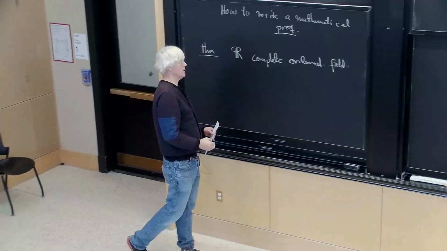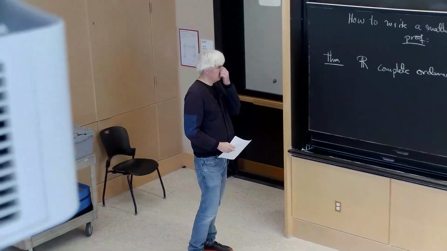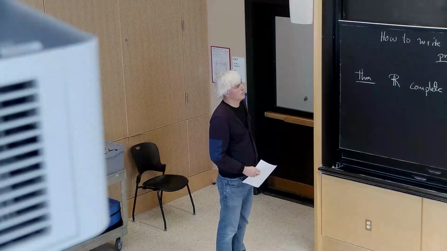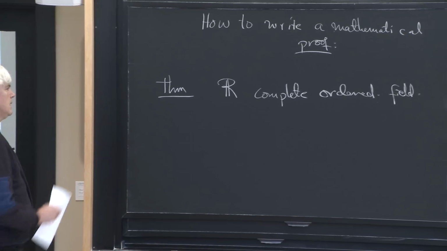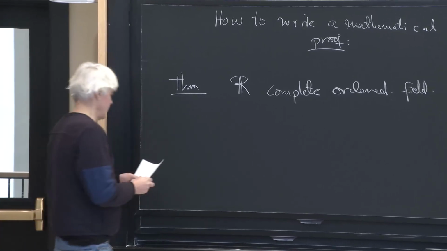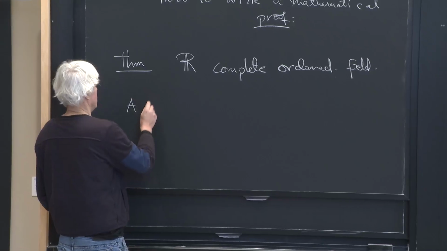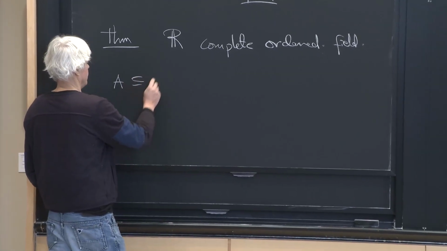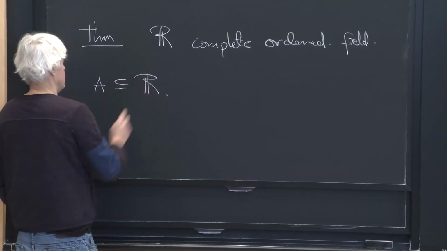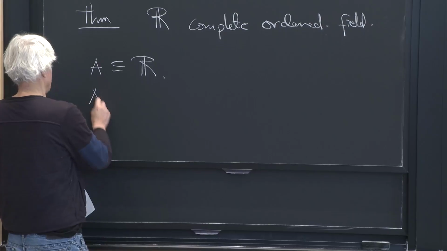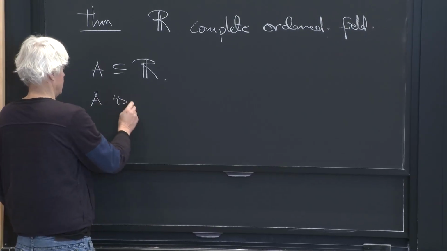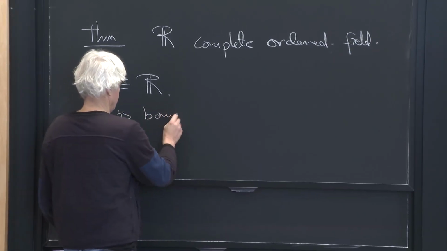In particular, it was an ordered set that was also a field, and it was complete, right? Complete meant, if you had a subset A of R, then A is bounded from above